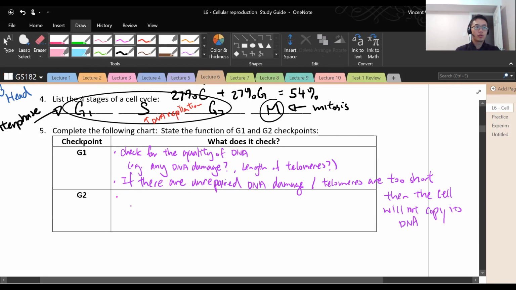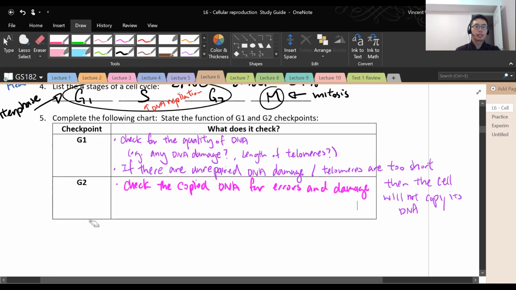Okay, so in G2, what you do is you check the copied DNA for errors and damage. Okay. So sometimes you made a mistake when you copy, you need to fix that. If it's damaged, you could try to repair it, but not everything is repairable. Okay. So what happens if